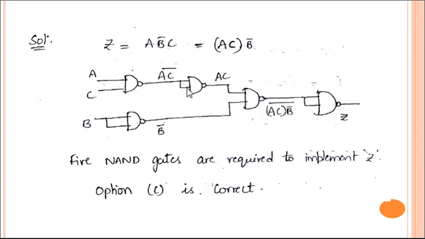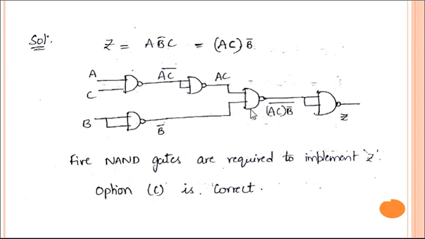Okay, so for the first NAND gate we will generate AC bar, and this is again passed through the next NAND gate with the same two inputs, so we can generate the value of AC. Now it is B bar, but only B is available. So from B, with the use of a single NAND gate, we will get the complement of the input variable.